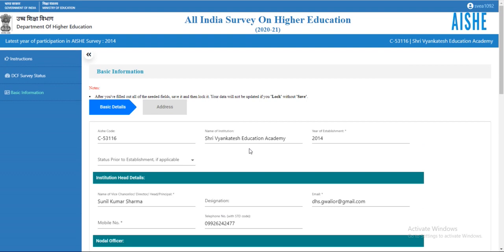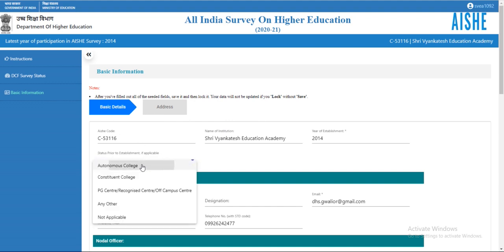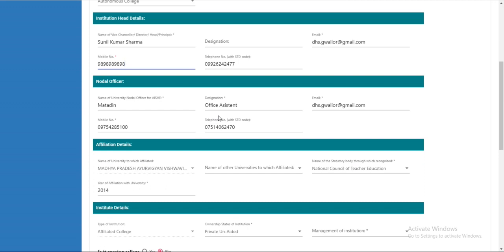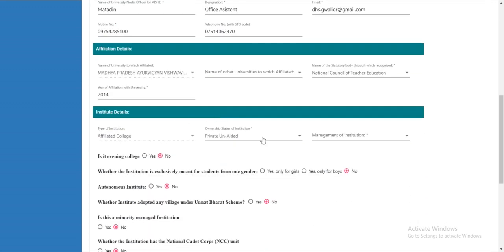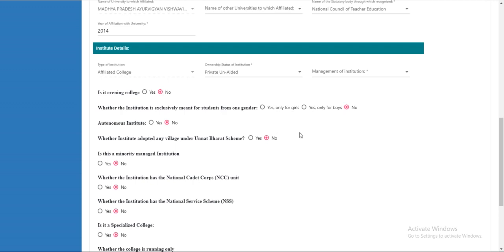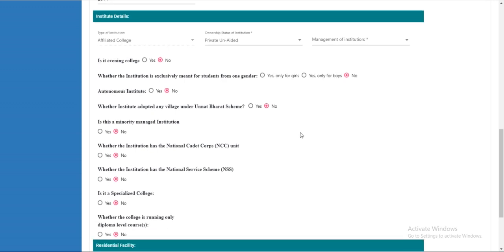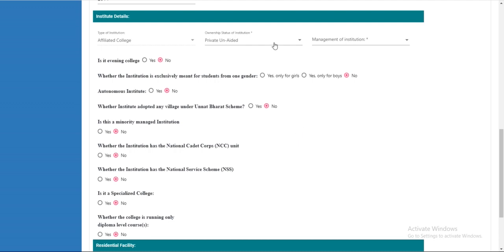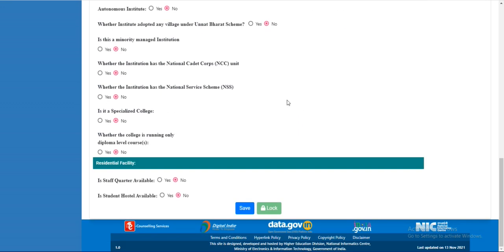To save any updated information, please click the Save button first and then click the Lock button. The fields marked with star are mandatory fields.